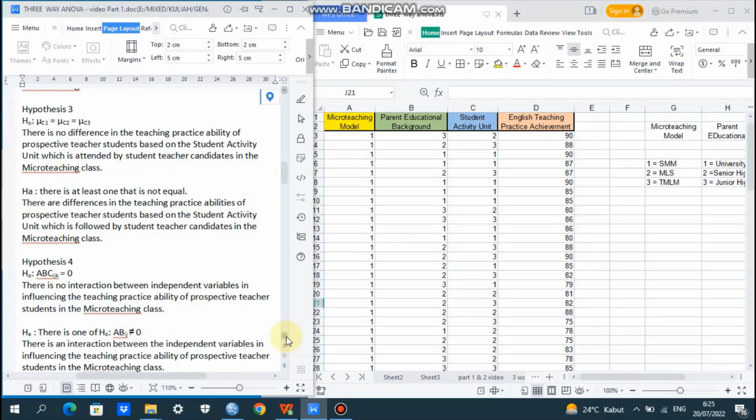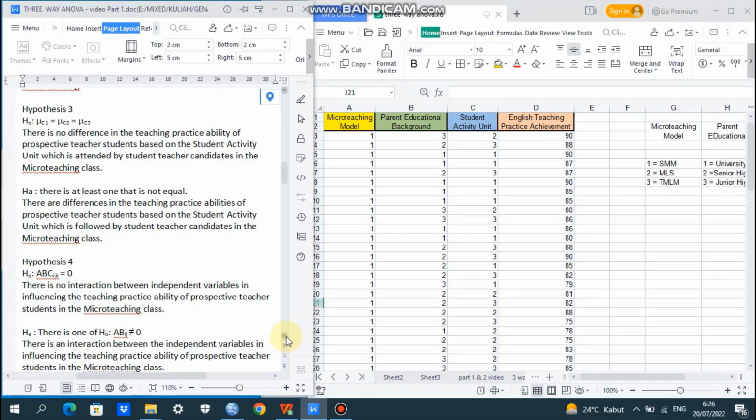So if H0 is accepted, there is no difference in the teaching practice ability of prospective teacher students based on the student activity unit, which is attended by student teacher candidates or prospective teachers in micro teaching class.